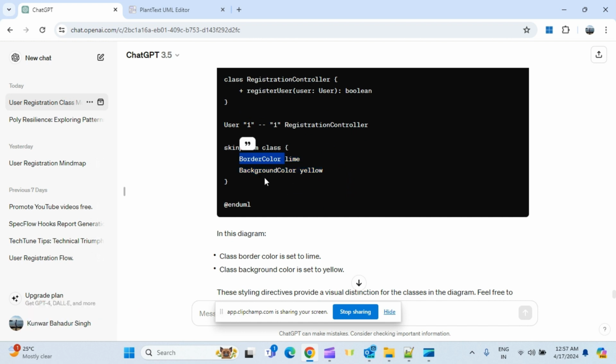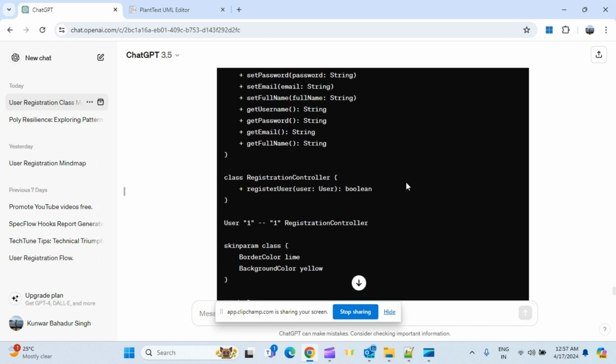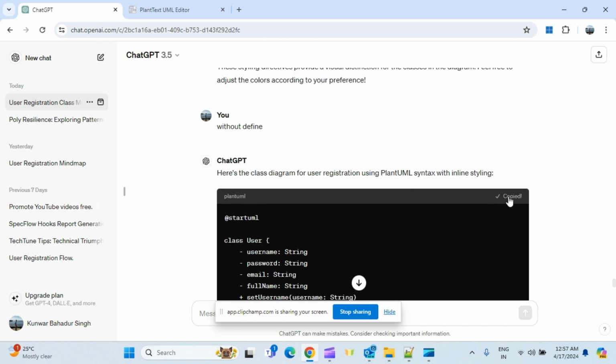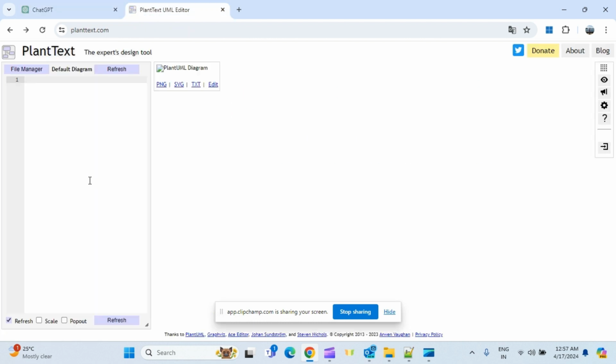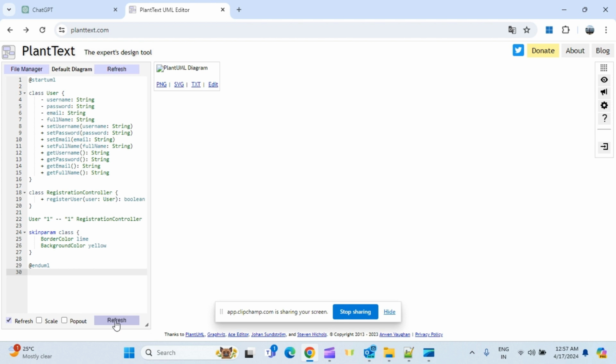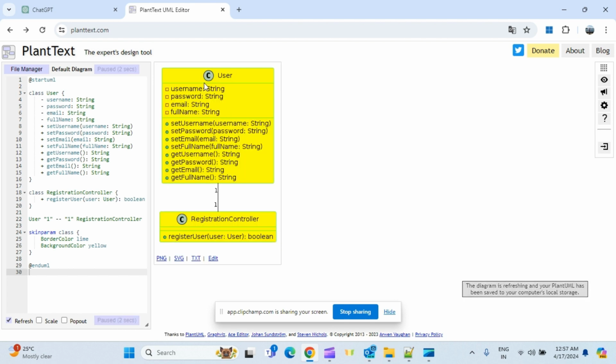So this applies here. For example, if you see border color here, right, border color for class is light and background color is yellow. If I copy this, go here, put it here and refresh it, you can see the border color or line color and the class background color is yellow,